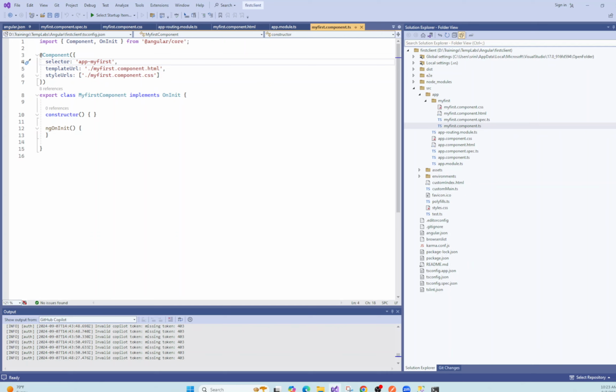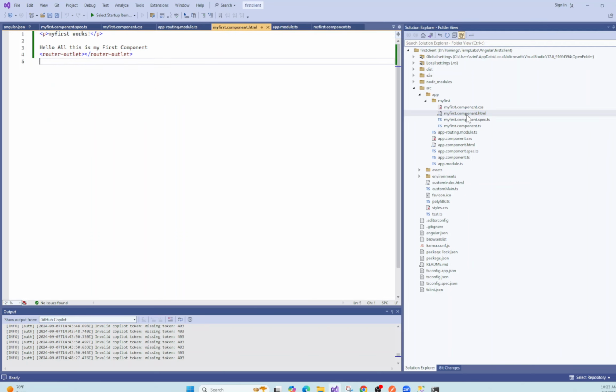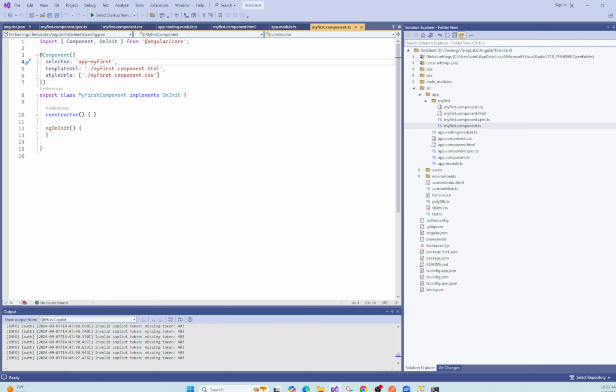If you remember legacy ASPX pages, exactly this is the same. This HTML is your ASPX page, TS is your ASPX.cs page. Okay,